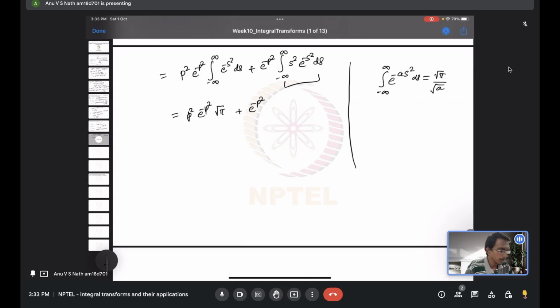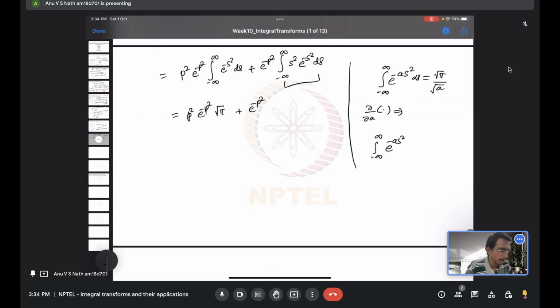So by substitution we can evaluate this basically. Now if you take the derivative of this particular equation with respect to a on both sides, the partial derivative with respect to a on the left side will give the integral from minus infinity to plus infinity of exponential of minus a s square